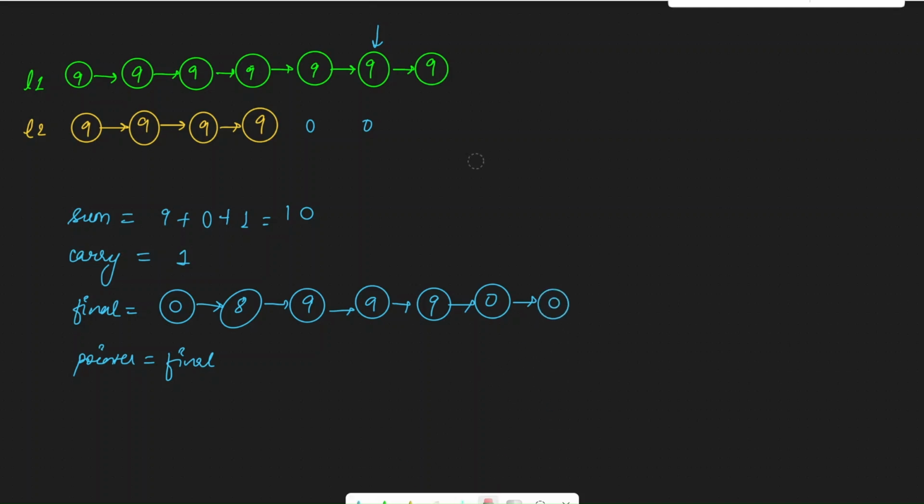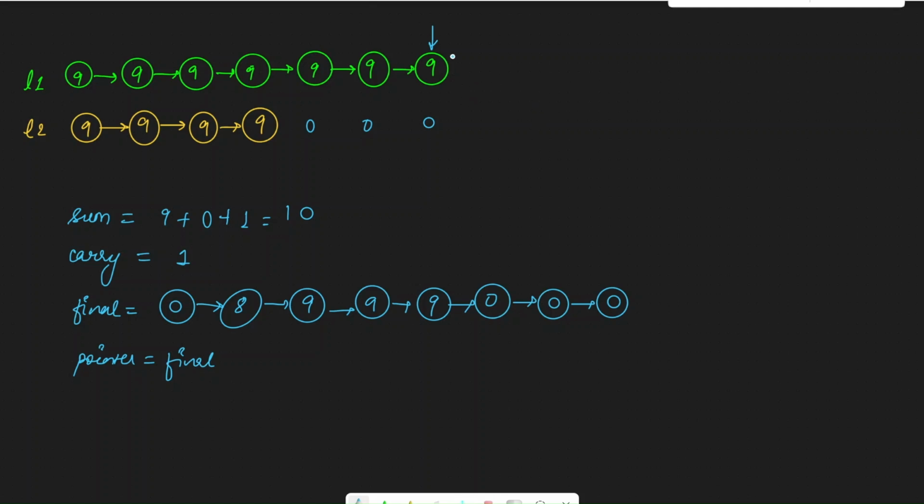Then again we're going to move our pointer because we have still not traversed our list. So this is our last position. And in here, we again don't have an element in L2. So we are going to assume the value is 0. And again, 9 plus 0 plus 1 from carryover, which is equal to 10. So we are again going to add a 0 over here. And 1 goes in carryover.